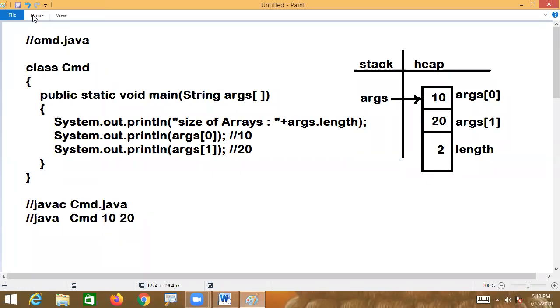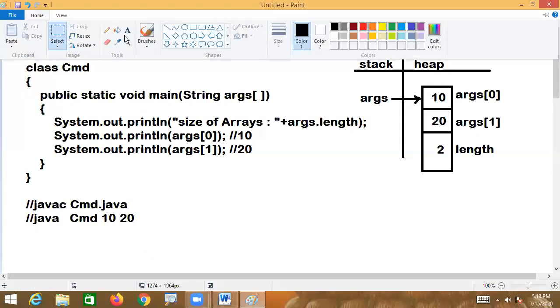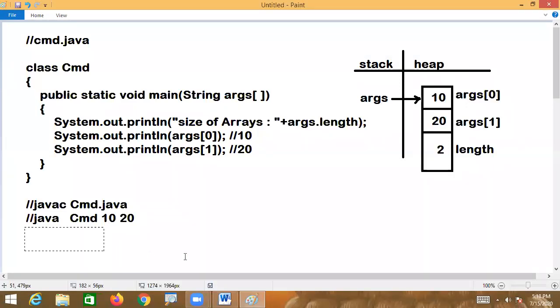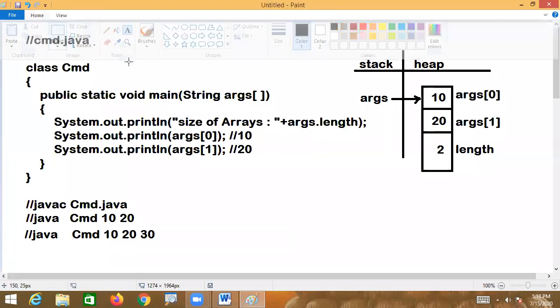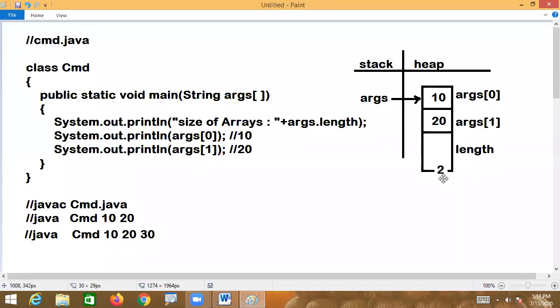Sir, what happens if I pass more than two values? For example, java command 10, 20, 30, 40. As long as you pass values, the size of the array automatically expands. As I said, the args array is dynamic.